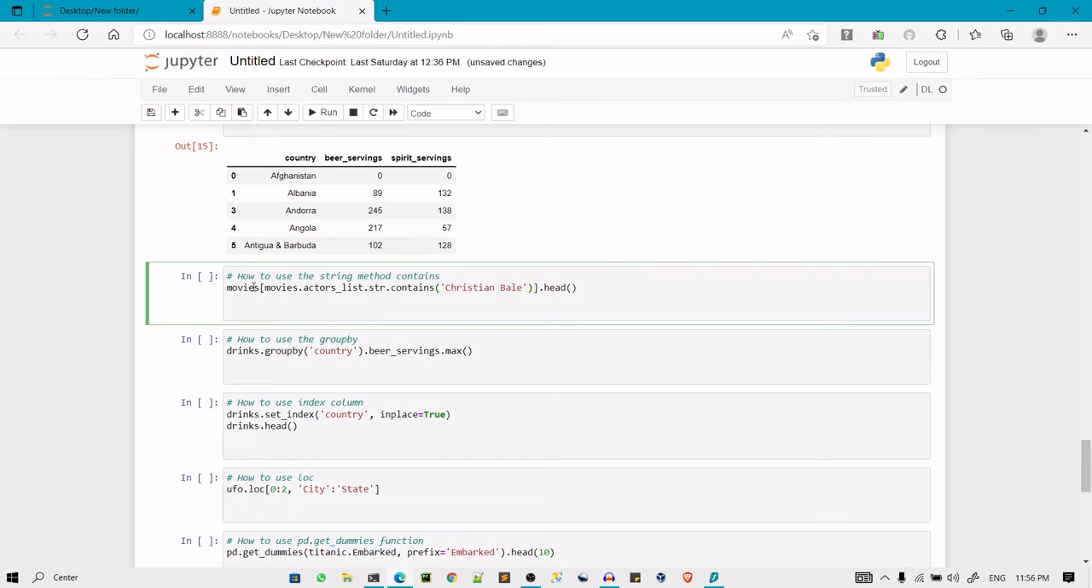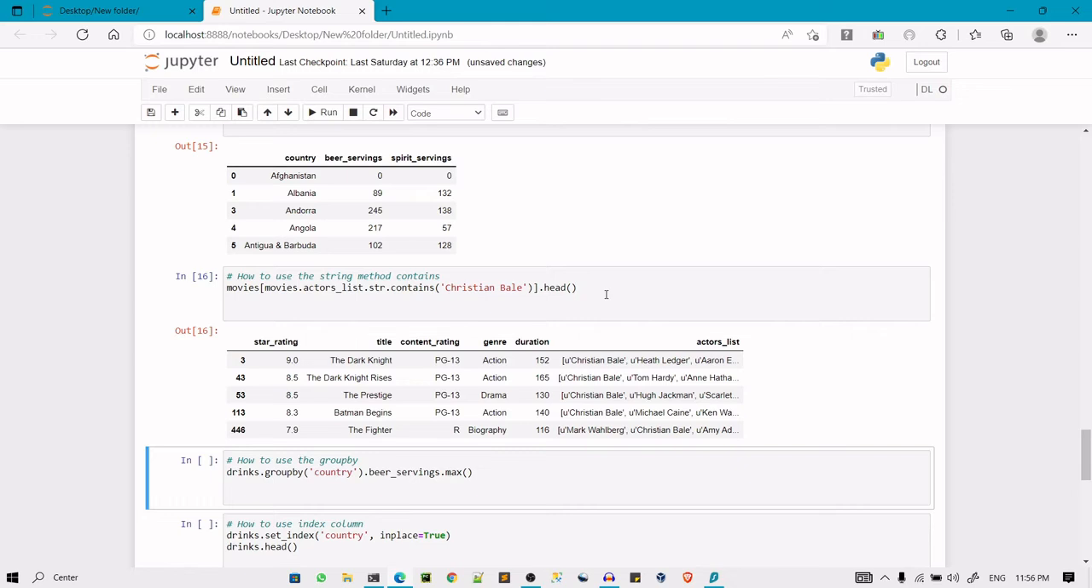Okay, so for that you just write this .str method, and again you write .contains, so it's basically passing in this filter condition, and you can see if you run this cell, all the records which have Christian Bale as actor are getting fetched. Okay,